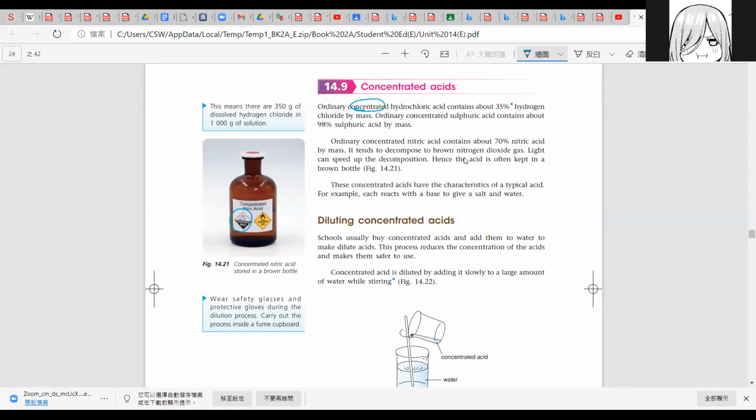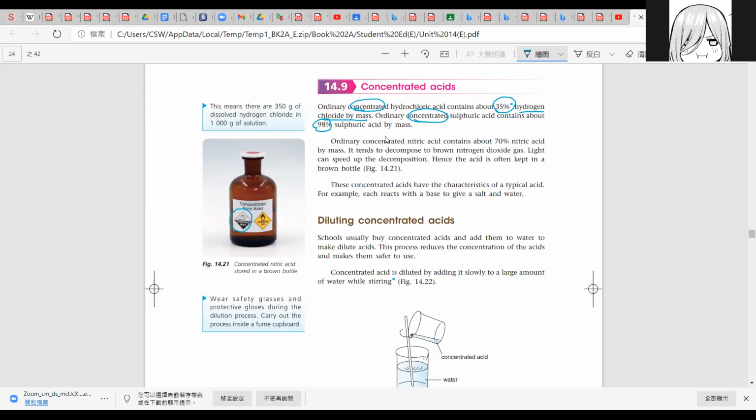It will tell you the safety concern if you touch it. Whenever you touch that concentrated acid, you have to flush the affected area with running water for minutes. Ordinary concentrated hydrochloric acid contains about 35% hydrogen chloride by mass. This is some more factual information you need to memorize. The concentrated sulfuric acid contains even 98%